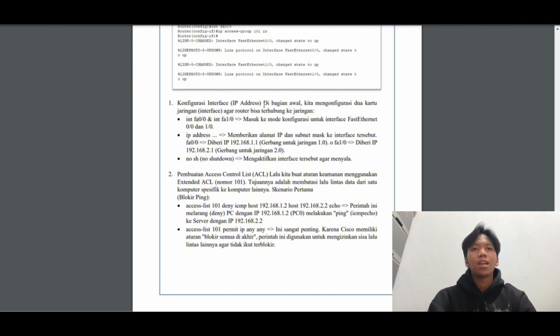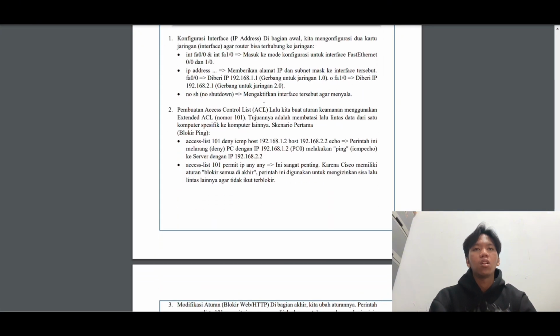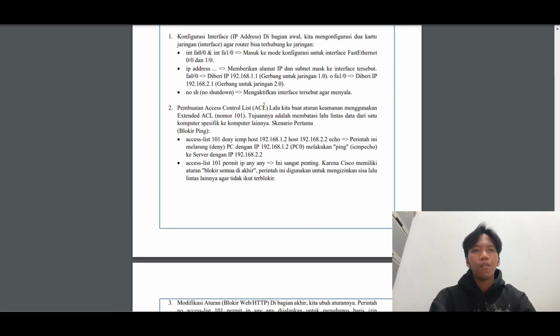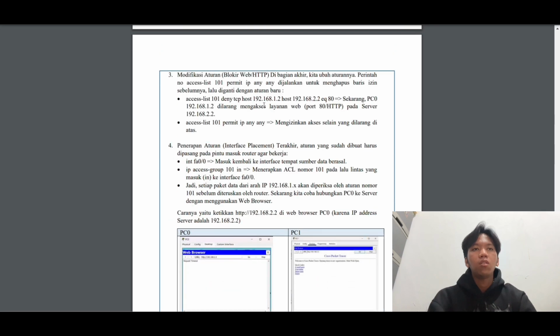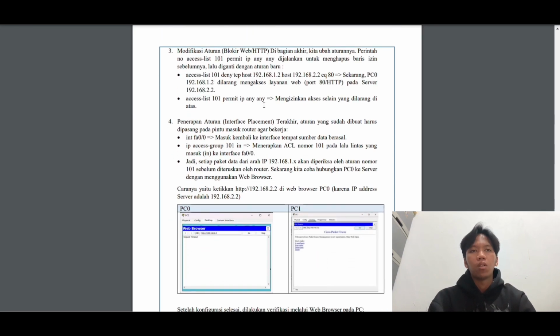Unlike a standard ACL, which can only block based on the source address, an extended ACL allows us to block specific protocols and very specific ports. In this case, port 80 for HTTP.